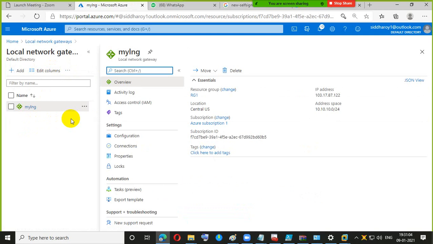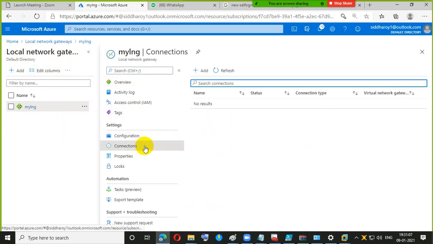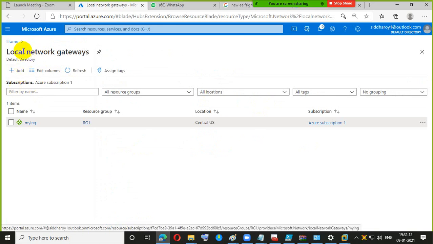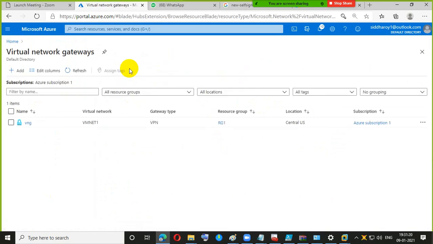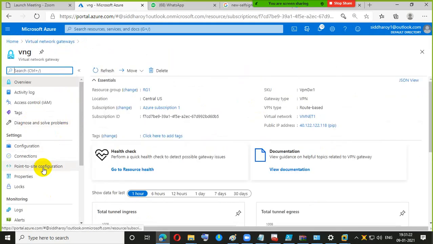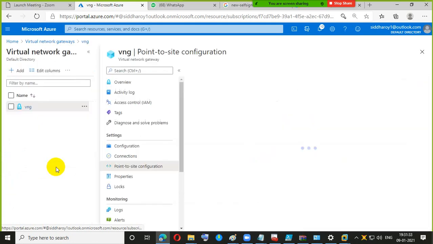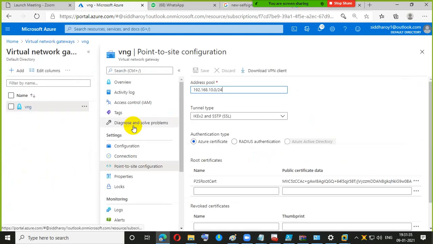Last time in the virtual network gateway we created a point-to-site configuration, so that is a different thing. This time I will create a site-to-site one. I am suspecting whether it will create any problems or not. Hopefully it will not create any problem. So fine.